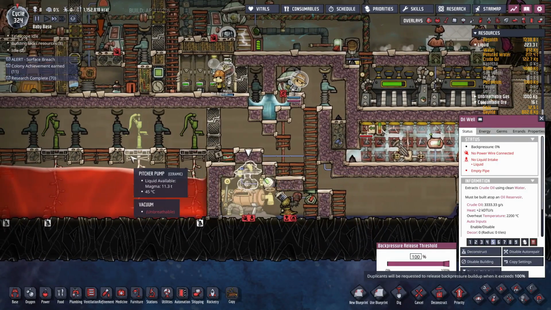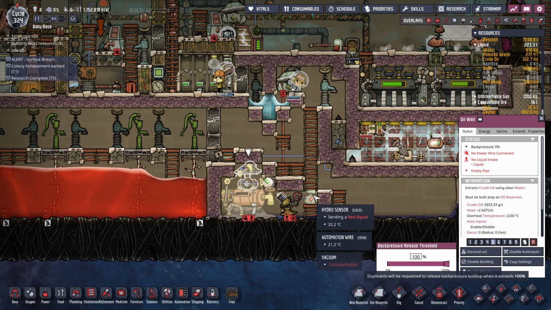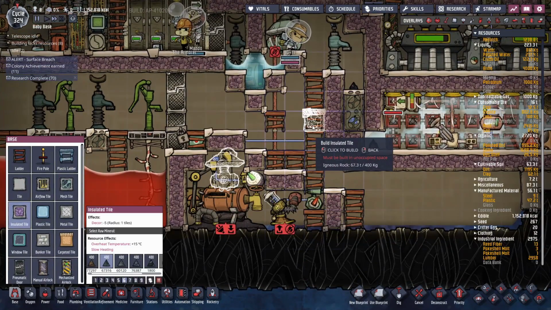At the same time, everyone can hop across the top to get magma, and then... no, when they're coming back, they could potentially drop the magma here, which would fall down into this oil and cause a horrible flash. So let's...